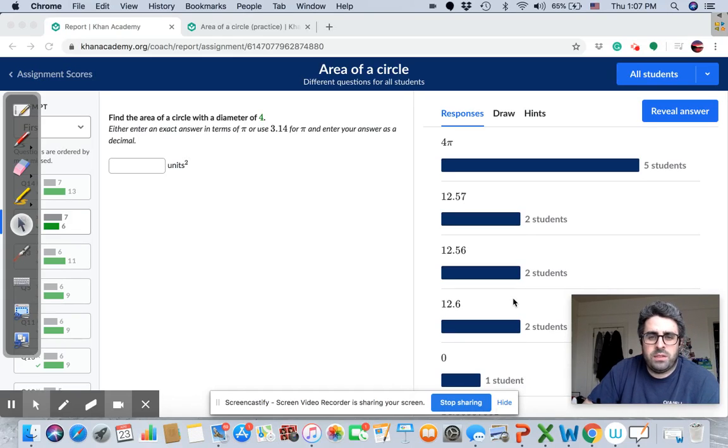Hi everyone. I just wanted to go over a few of the area of a circle questions. At first, I thought that this would be somewhat of a simple assignment, given the fact that you're essentially just using a formula, but I didn't realize that there were a few things that Khan incorporated that may have posed some difficulty. So, the first thing that you have to know is that for the area of a circle formula,